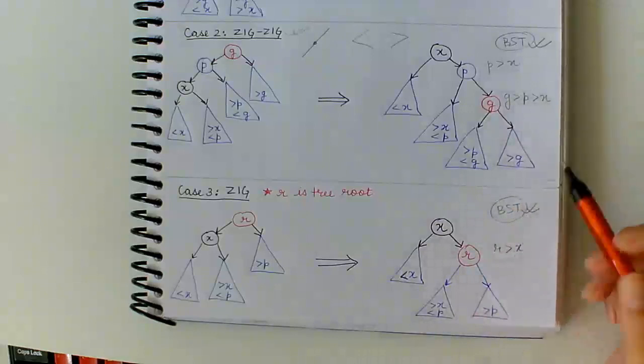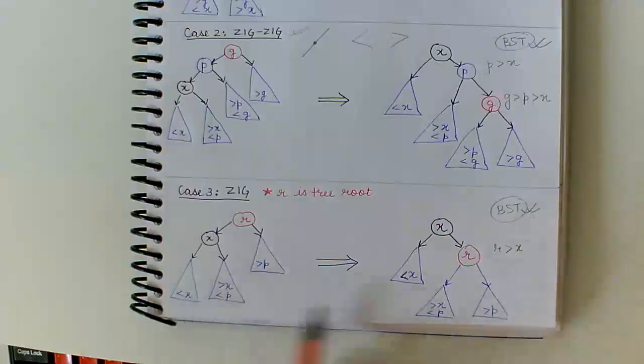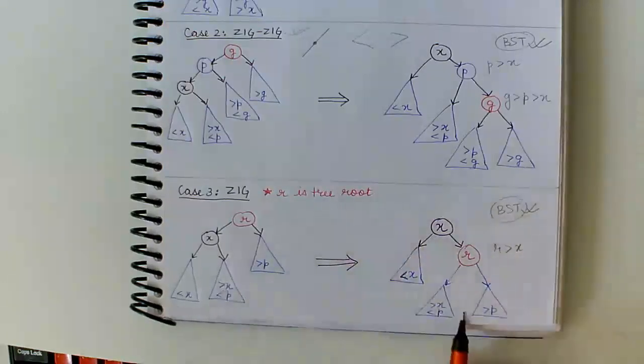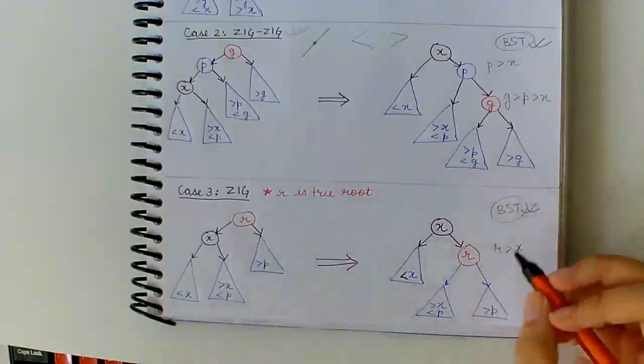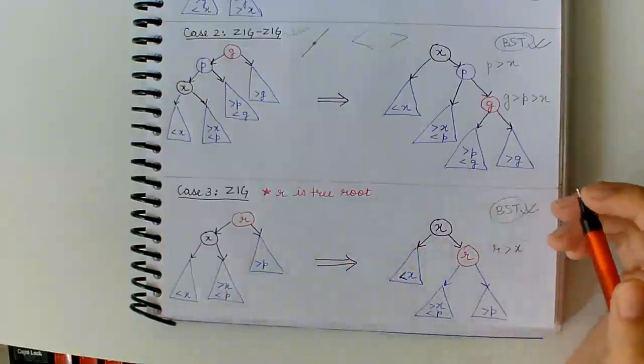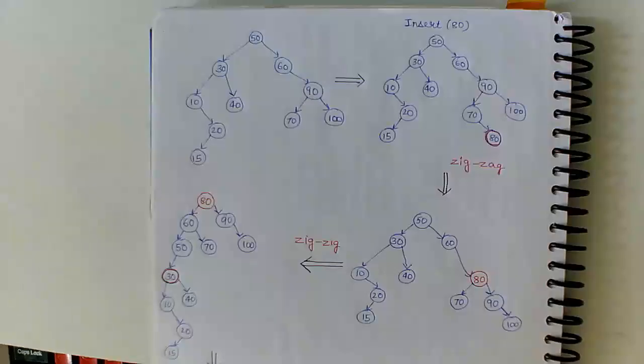Please keep in mind, I keep repeating myself about this BST thing, but it will help you solve problems faster. Even if you don't pay attention to which left child becomes the right child and so on, you can always check if the BST property is being satisfied or not, and it will always give you the right answer.